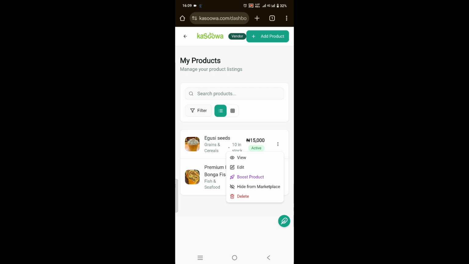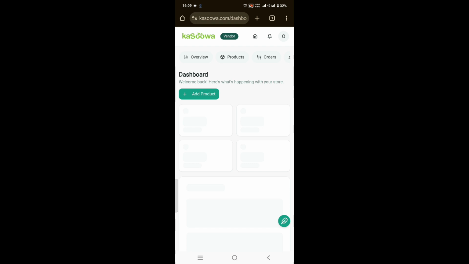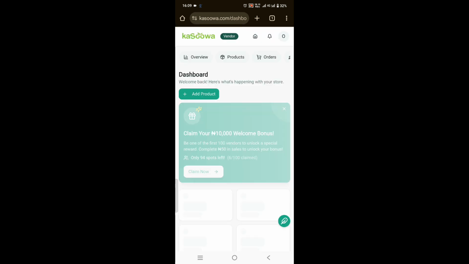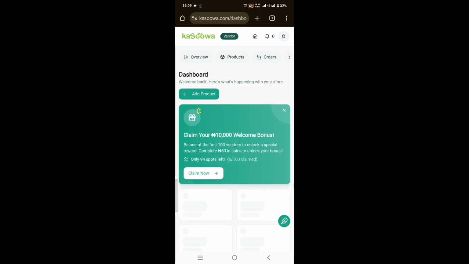So that's the steps on how to upload your product on Kasoowa.com. So you can also delete the product if you don't like it or you don't want it on your page or your account any longer. So you can delete it as well. So that's it. So you can visit your homepage. So let's say we want to go back to products. Now you are a vendor, you can only view your own product. So if you switch to your personal account, you can now